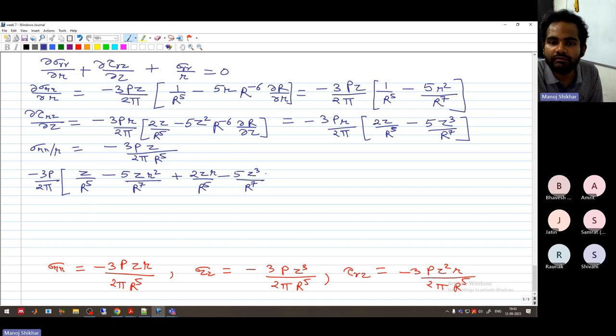There will be one R multiplied here. Okay. And from the third equation, we will have plus Z upon R to the power